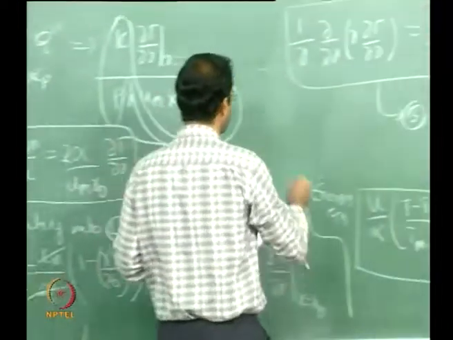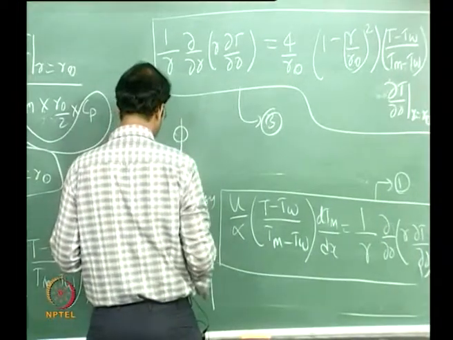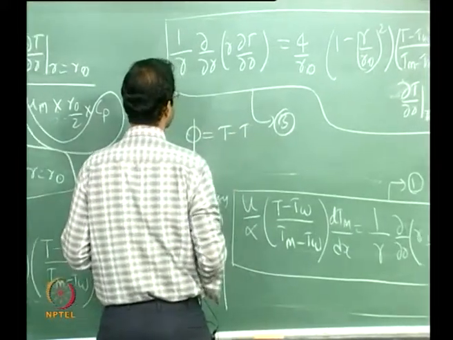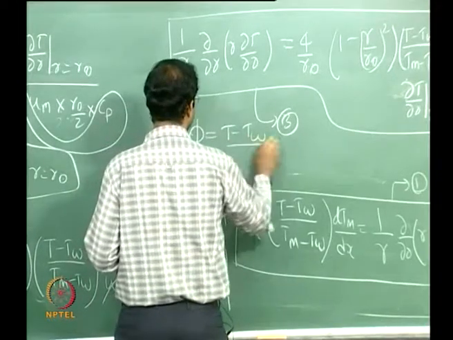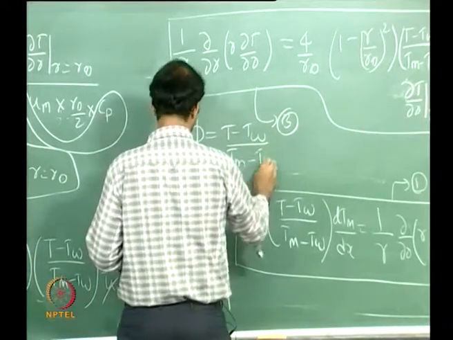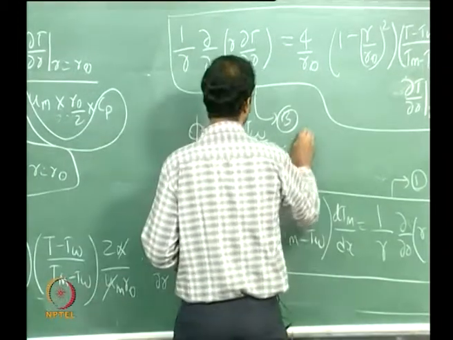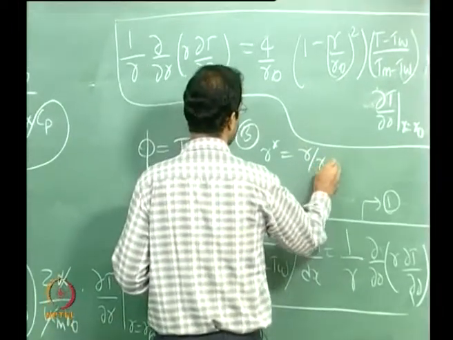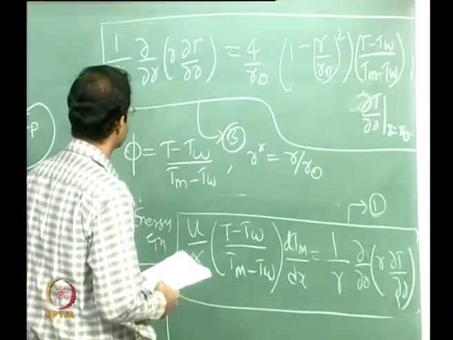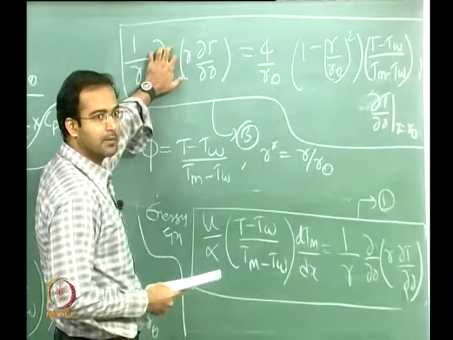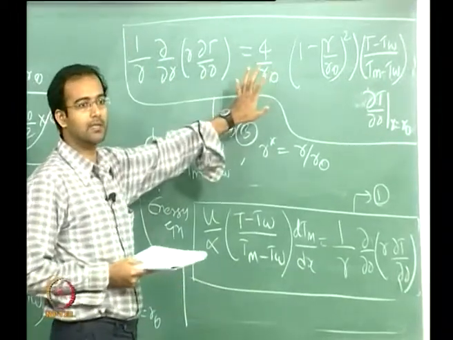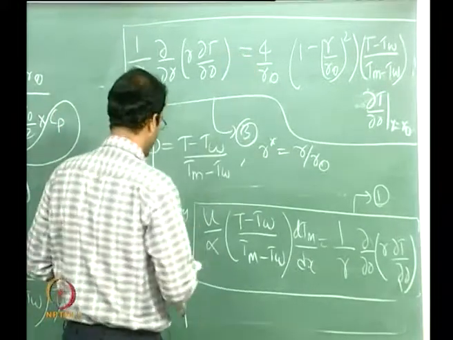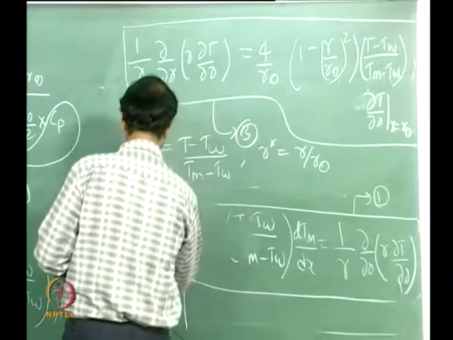Now I am going to introduce a non-dimensional temperature theta or phi. I am using phi here to represent the non-dimensional temperature. I can write it as T minus T wall by T mean minus T wall, and a non-dimensional radial coordinate r star, which is nothing but r by r naught. I am going to substitute this into my equation number 3 and rewrite the entire equation in terms of the non-dimensional variables phi and r star. Okay, so if I do that,